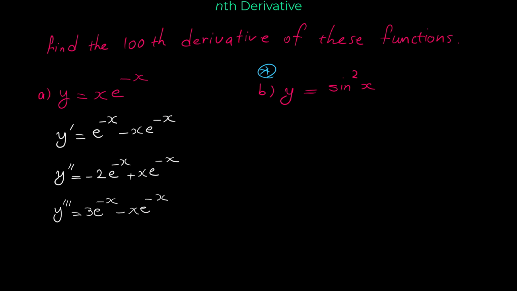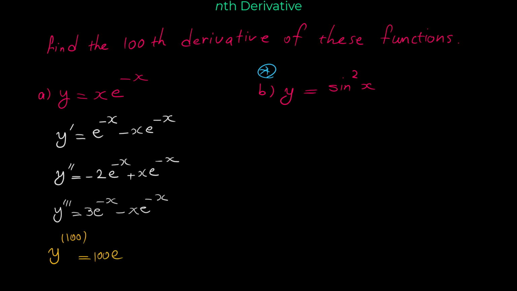If you pay attention, alternatively the sign changes: positive, negative, positive. Here we had 1, then 2, then 3. And if you pay attention, the sign of x e to the negative x also alternatively changes: negative, positive, then negative. If you want to make sure this is right, you can take the derivative of this and you will see that it would be this. Now that we have found the pattern, we can guess that the 100th derivative is